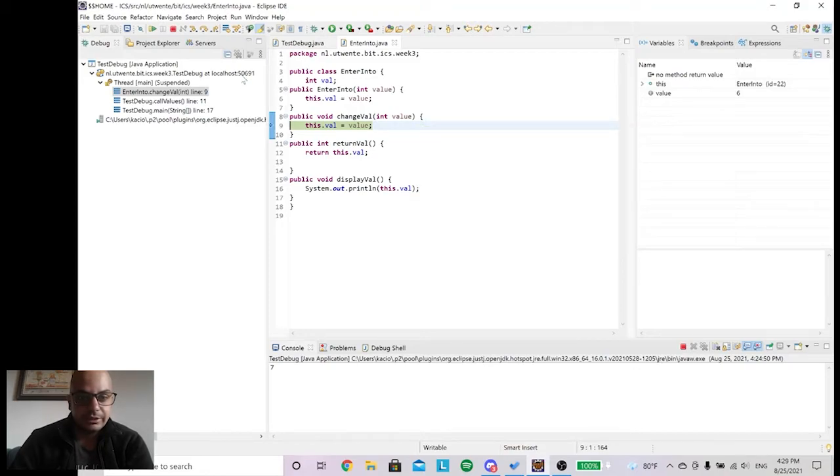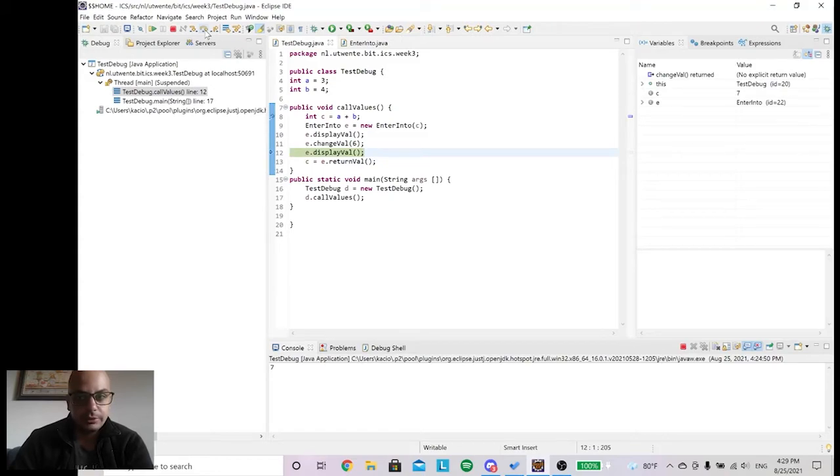As you can see, the value in that case is 6. So my val is going to get 6. And if I step over again, I'm out of this method. So again, I'm entering the display val. I have it over here on the right, and as you can see, the val value is 6.